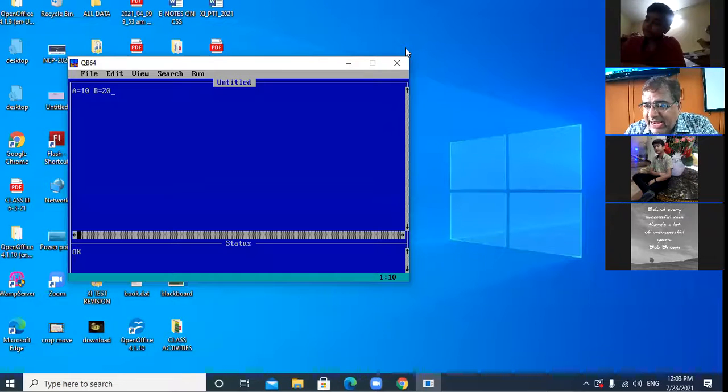If the initial value of A is 10, I add 5 to it, A becomes 15. So variable means a value that can vary, that can change during the execution of the code.